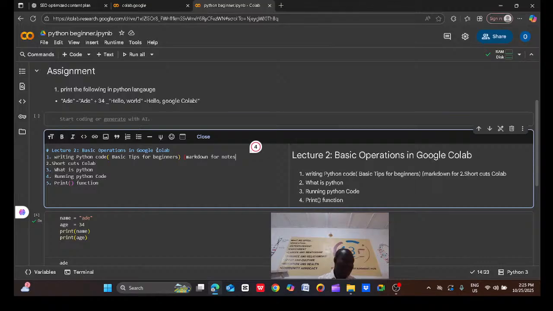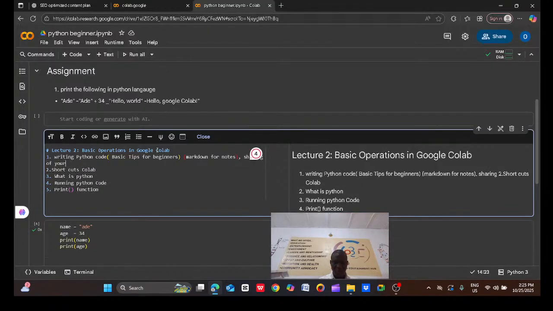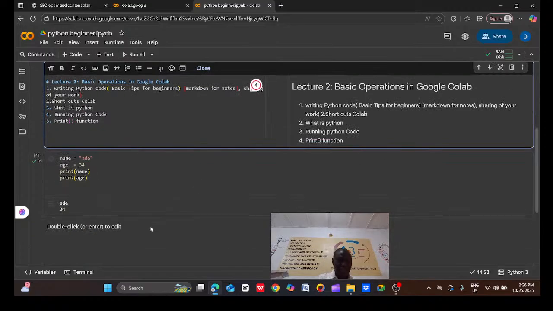After that, we talk about how you can share your work, sharing of your work, et cetera. Then that will lead us to shortcuts in Colab.